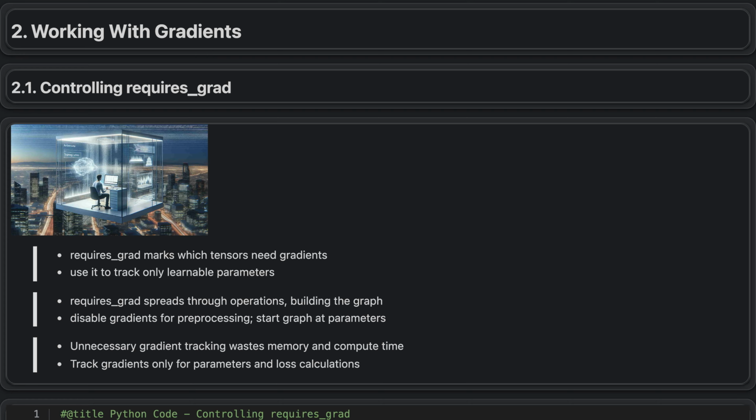Working with gradients. Controlling requires grad. In automatic differentiation, not every tensor needs to participate in gradient calculations. The requires grad flag marks which tensor should be tracked for gradients and which act as constants or intermediate values. You can think of it as tagging certain values so the system remembers how they were produced and can later